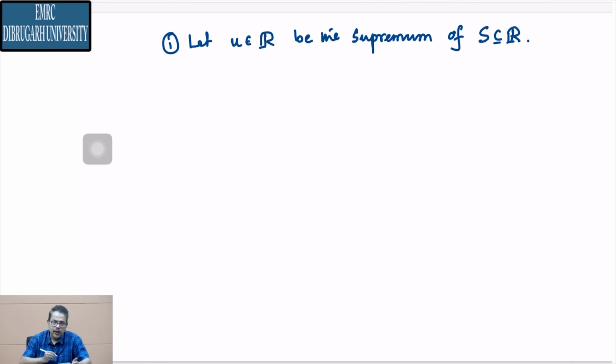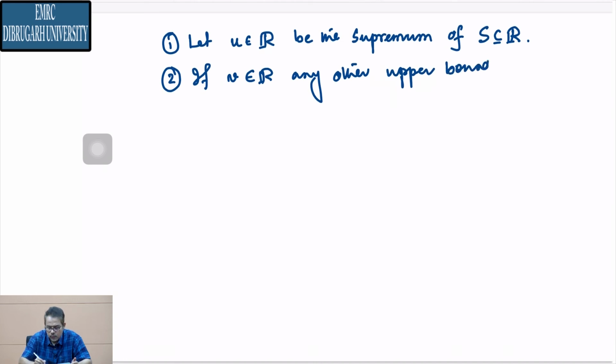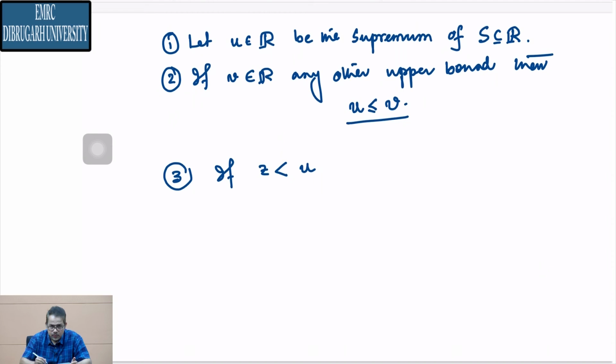The first one is, let U in R be the supremum of a non-empty set S, which is a subset of R. This is equivalent to, if V is any other upper bound, then U must be less than or equal to V. It is also equivalent to, if Z is strictly less than U, then Z cannot be an upper bound of S,